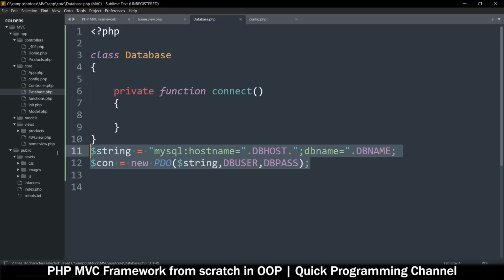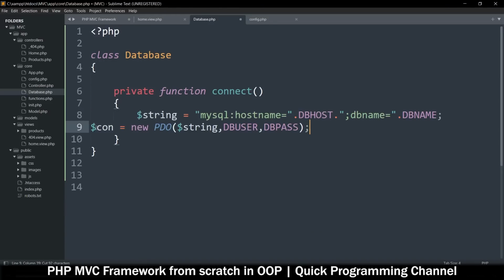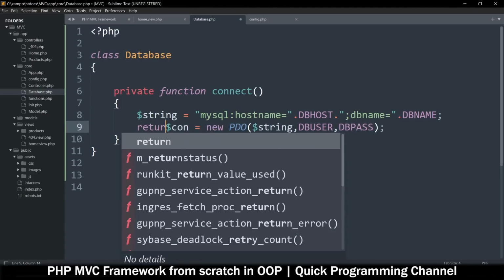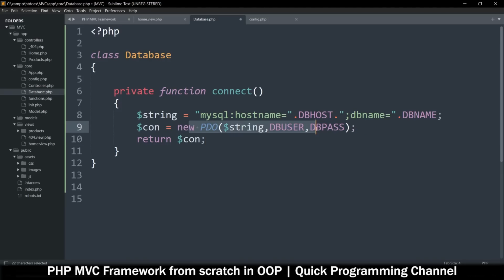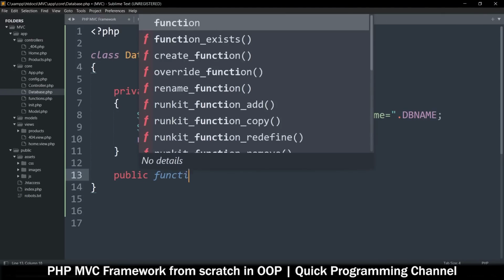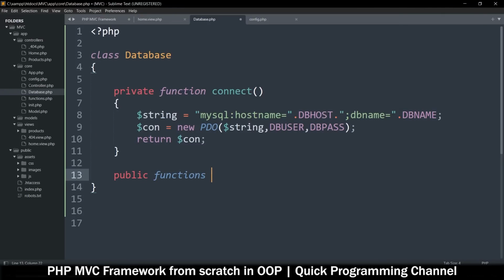And then this is what will create the connection, like so. And then instead of just doing this, we'll say return connection. Now, maybe just for readability's sake, let's do that instead, so it's easy to know what's happening. So we create a new PDO object, we put it here and return it as a result of this function. Alrighty then. And then from here now, we can create some public functions and call this function, let's say